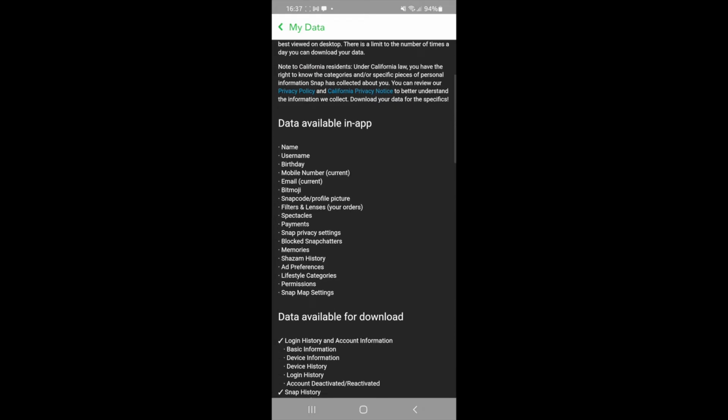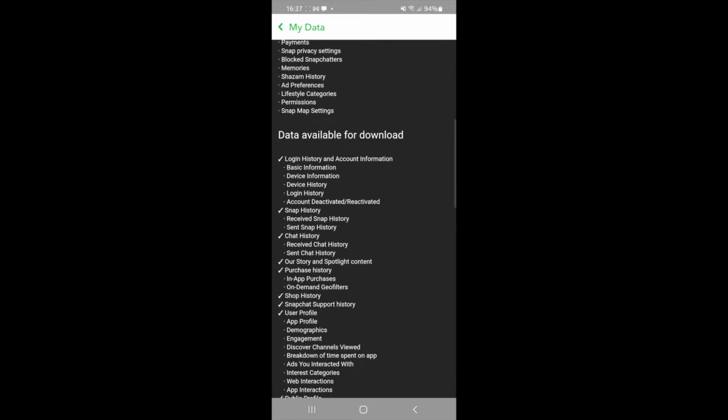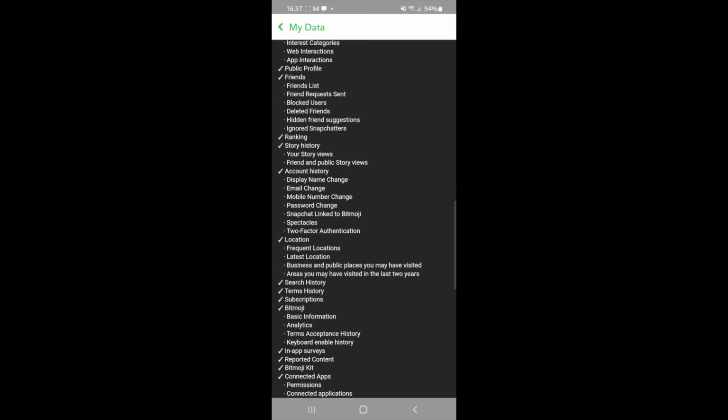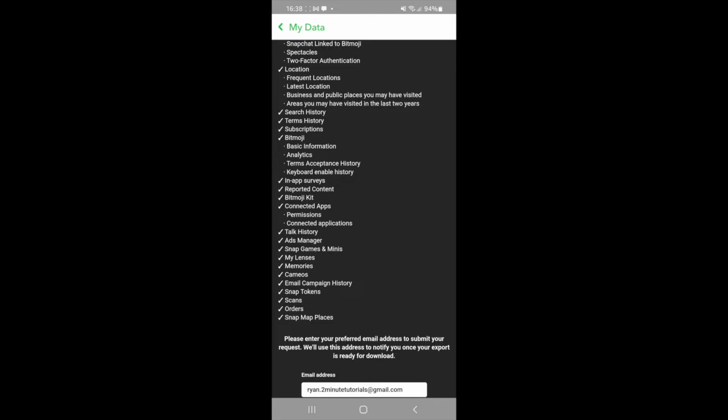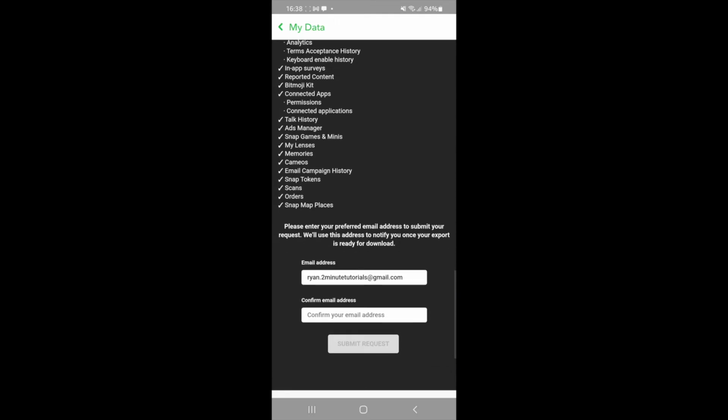If you scroll down, you'll be able to see all of the data that is available in this information. If you scroll all the way down to the bottom, as you can see, there is obviously memories listed within this list. All you simply need to do is enter in your email address to confirm this. And then once you enter in your email address, you can go down to the bottom to the submit button,